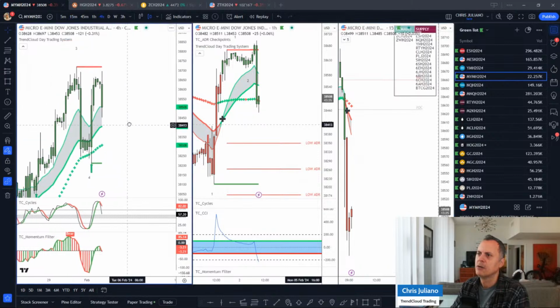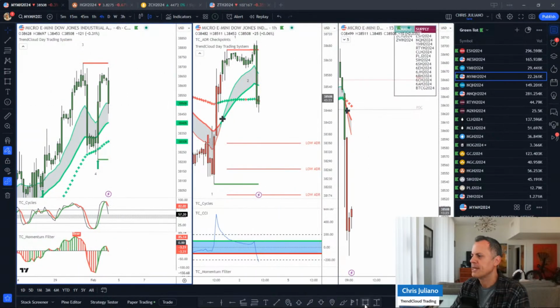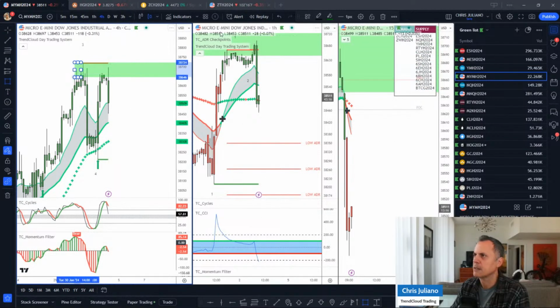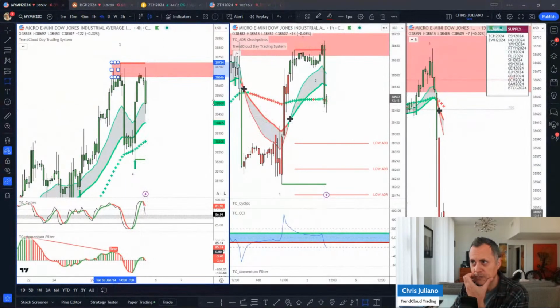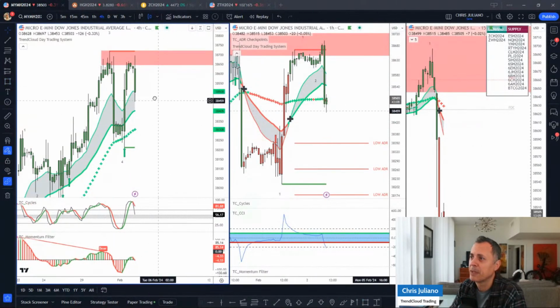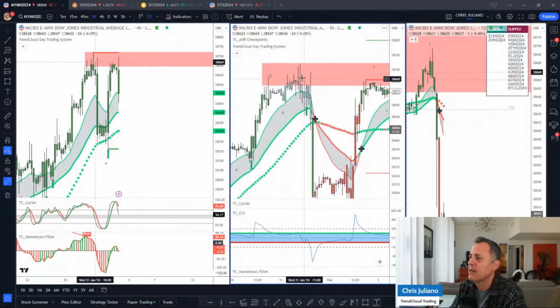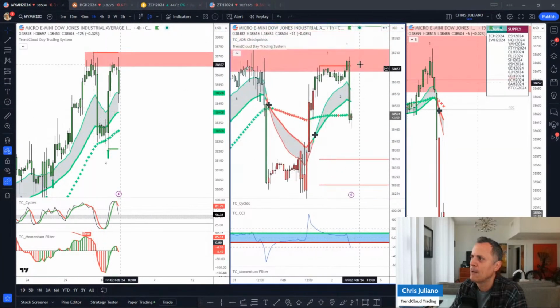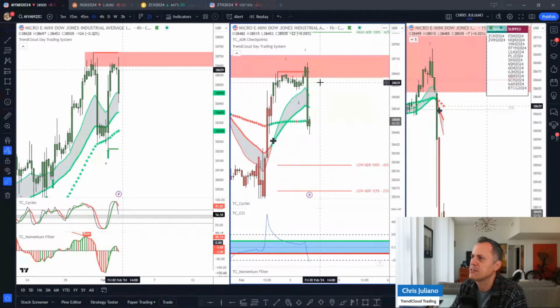Micro Dow. Nice double top on the Micro Dow. And we've got CCI. Okay, look at this, guys. On the Micro Dow, look what we've got. We've got a double top, right? Look how this was extended. Extended trend, pulls up into this area, makes a nice move down. Now we're retesting that area, right? Now that we have this double top,